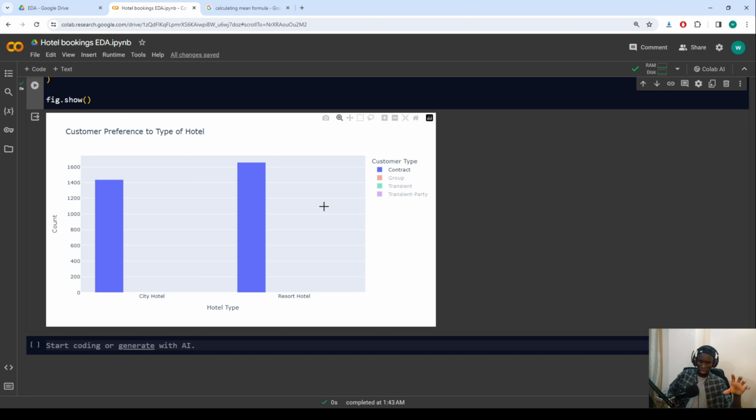But to avoid that hassle, just use Plotly. From this list here, you can just click to deduct information that you don't want from the overall plot. Okay? So if I just want to compare the contract customers for the city hotel and the resort hotel in terms of population, you can see that most contract customer type prefer a resort hotel than a city